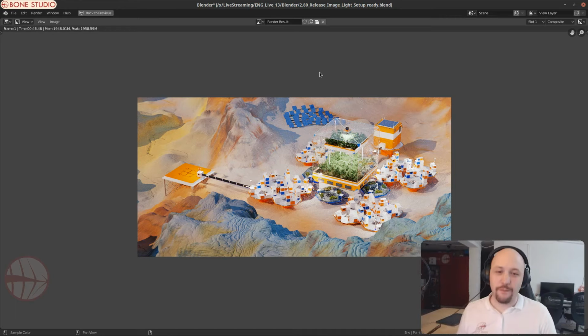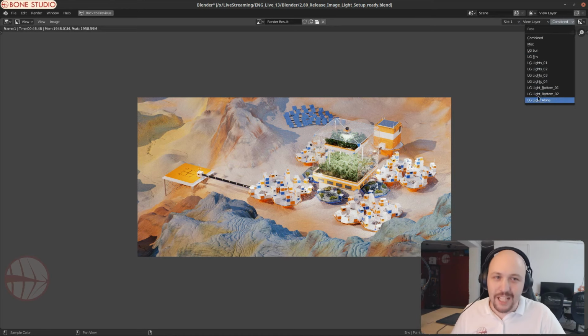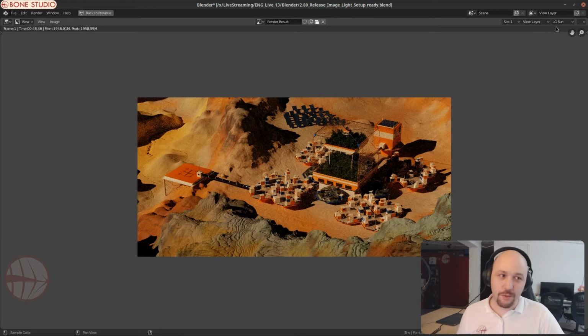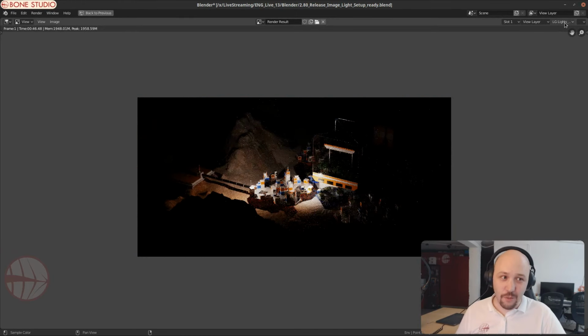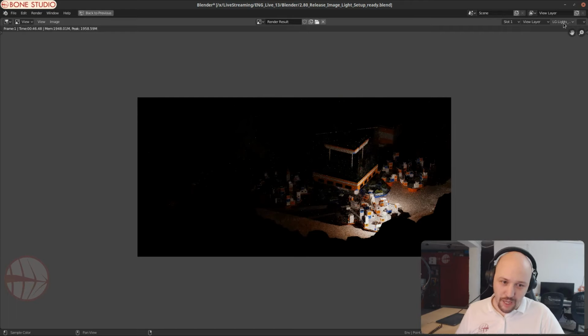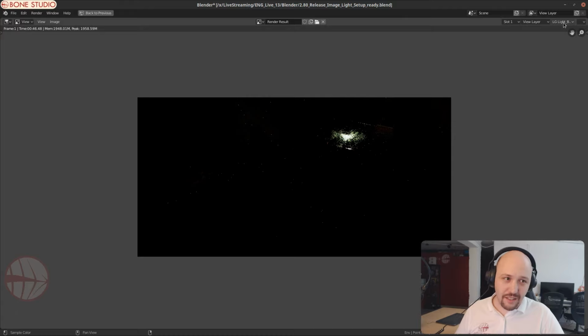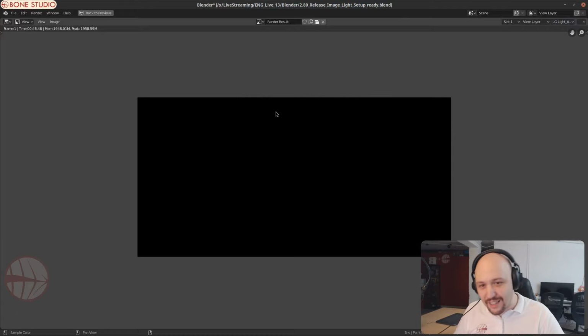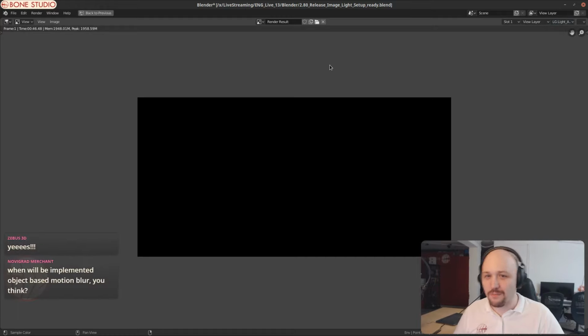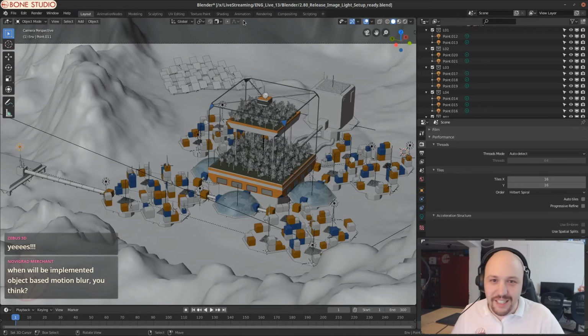So we have this here, okay? And this is just our scene with all the lights, with the power the lights want to have. That's it. But if we go here to view layer, we have all our groups as passes. And if we go through the passes, we have the sun, we have the environment, we have this group of lights, and so on, and the final one, the alone, that does not work because we have more than 8 light groups. So if we go to compositing,